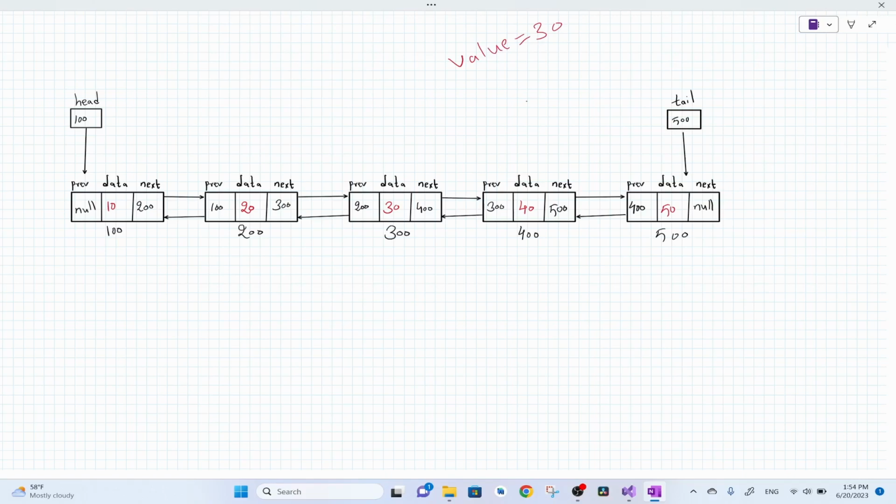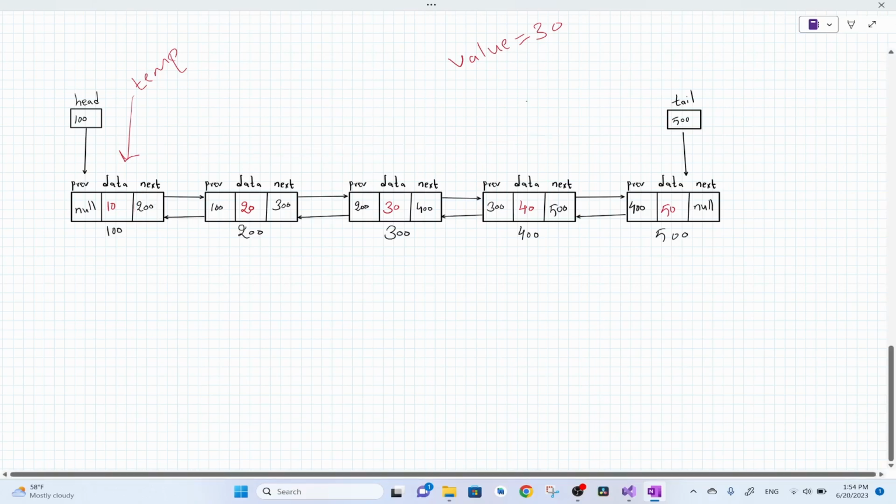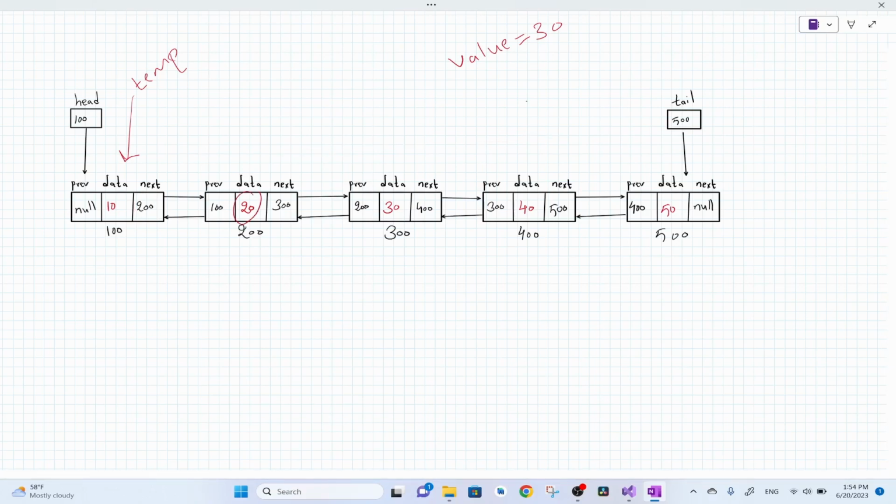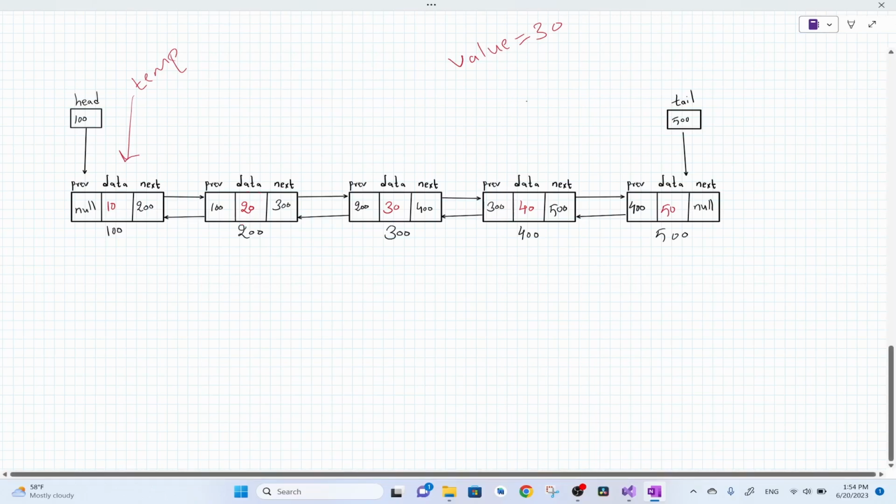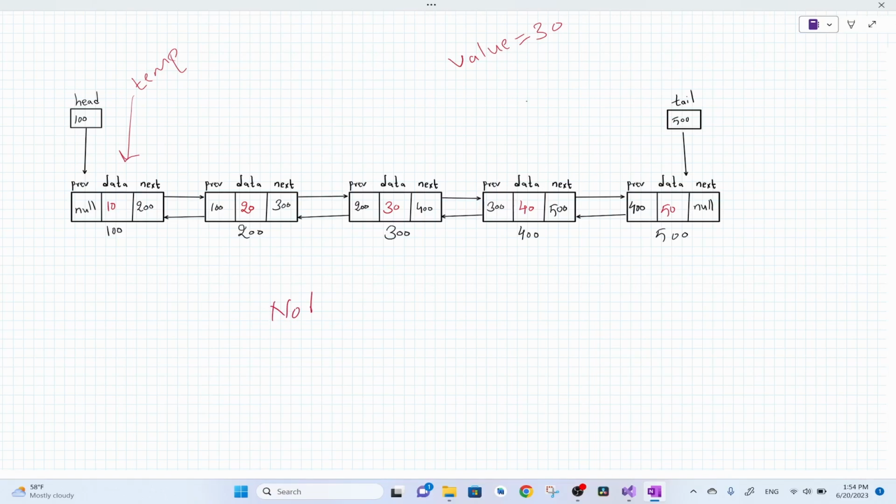We will, as usual, maintain a temp pointer initially pointing to head to traverse over the linked list. So I will check while temp.next is not equal to null, or until we have next nodes, we keep traversing, and each time we check if the data of the next node is equal to value. If we found it, we can delete that node. So let me define a temp pointer node, temp equal to head initially,